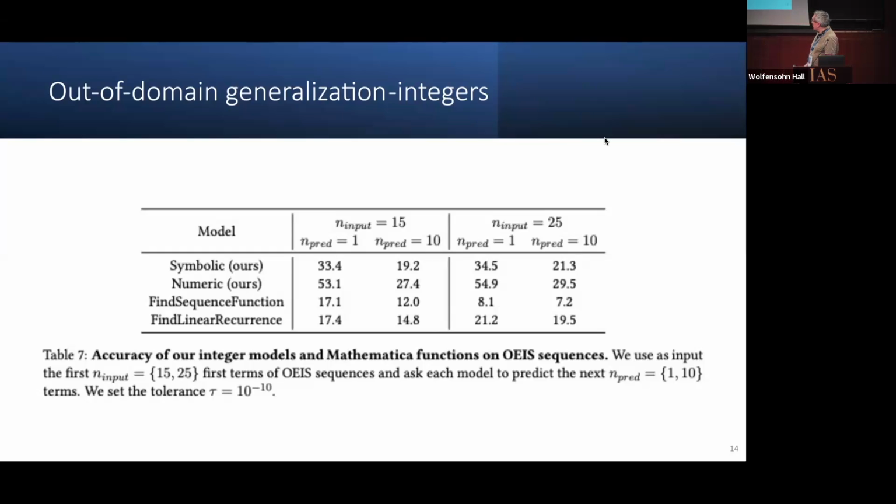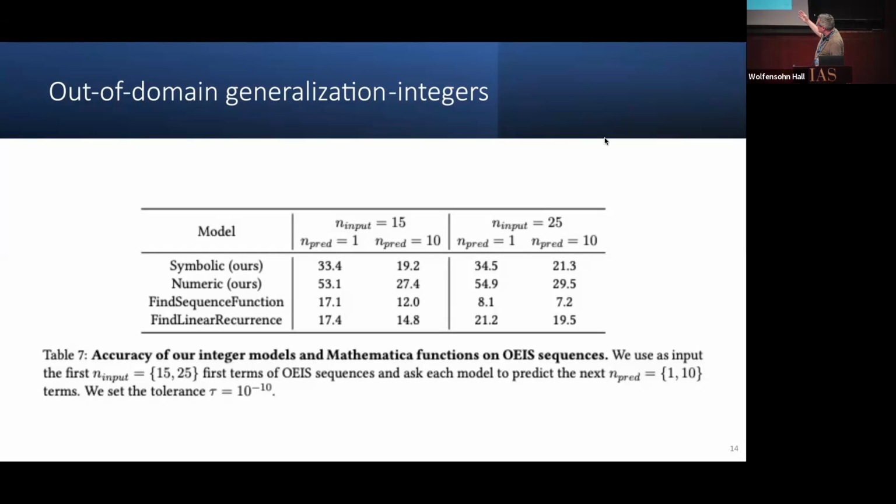And in this case, we are lucky because we have OEIS, you know, the online encyclopedia of integer sequences, which is a huge data set of all kinds of sequences, not all of them mathematical, but you have the number of stops in the Brooklyn subway lines in OEIS, for instance. You have the primes, so not recurrences, you have lots of things. So you can see here what happens if the symbolic model